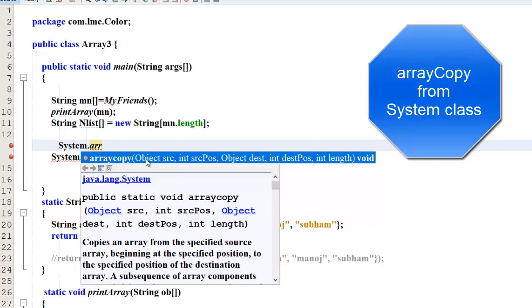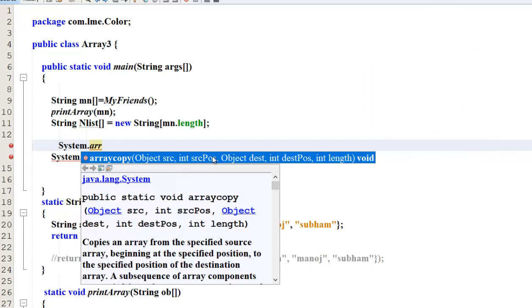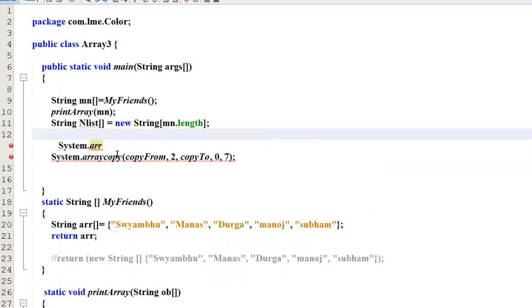System dot array copy: first source, int start position, it is the position, then object destination, then int destination position and the length. This is the syntax for system dot array copy, right?